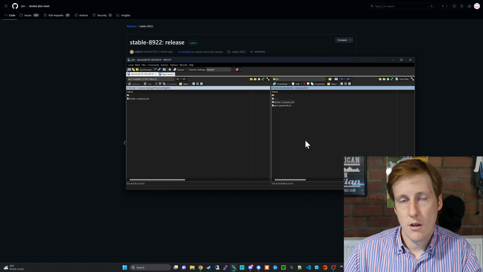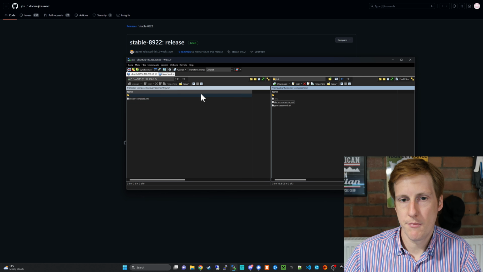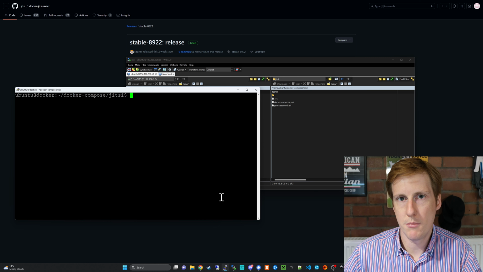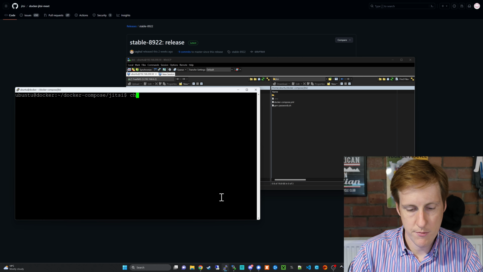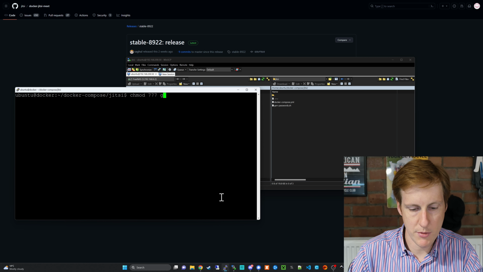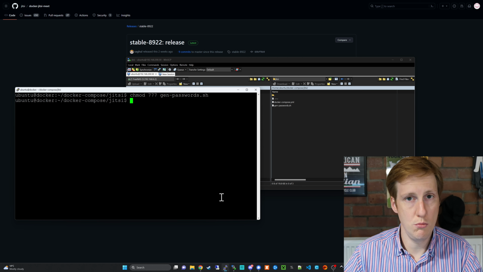So here on my Docker host, I've copied those 3 files over, and we're now ready to start the deployment process. So the first thing we're going to want to do is to run the generate password script. So let's open up our terminal, let's navigate to this file, and then we're going to run it. Typically when you copy the gen password script over, it's not going to have execute permissions. So let's go and fix that now with a chmod, and then we're going to say 777 just to make life easier,